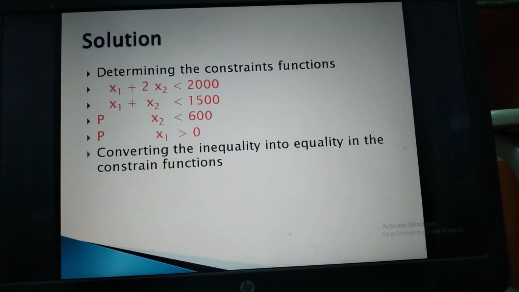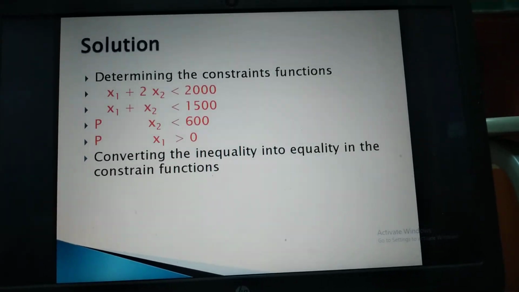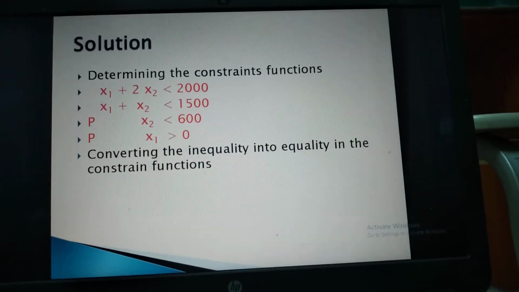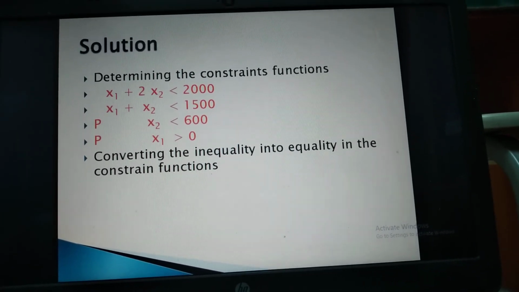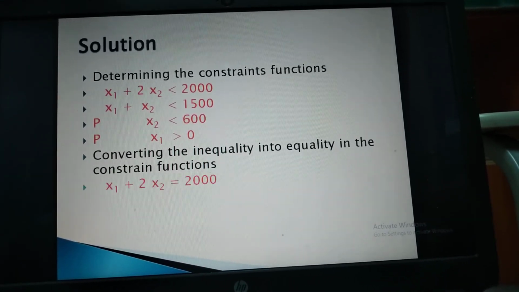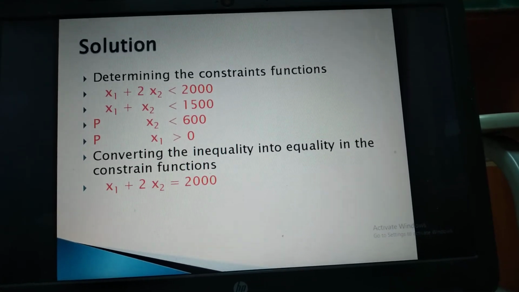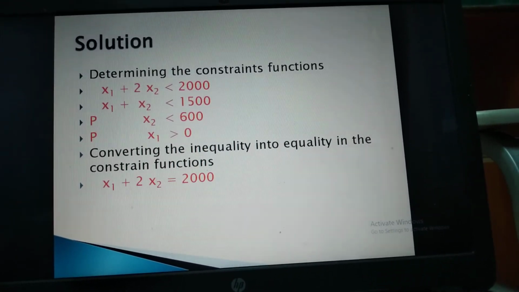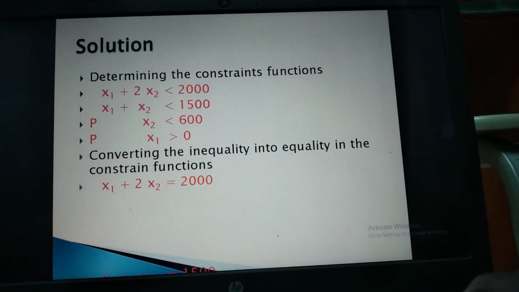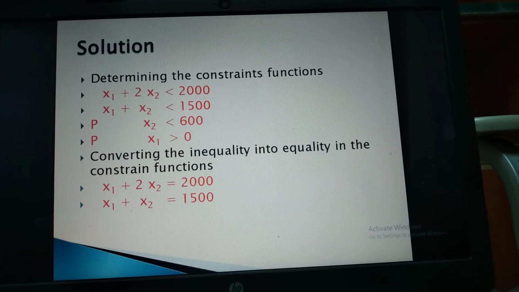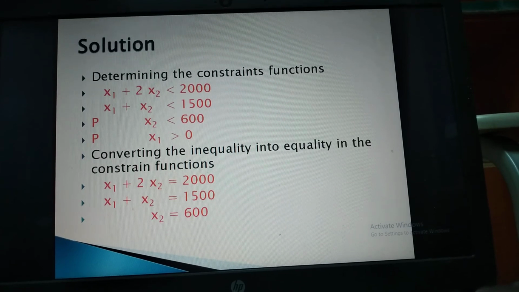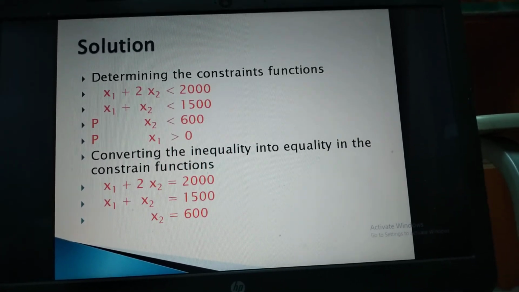So, converting the inequality into equality in the constraint function. We need to do what we call conversion. We convert the inequality into equality. How can we do that? Very simple. We say x1 plus 2x2 is equals to 2000. It was less than, but now equals to. x1 plus x2 equals to 1500. It was less than 1500, now it is equals to 1500. x2 is